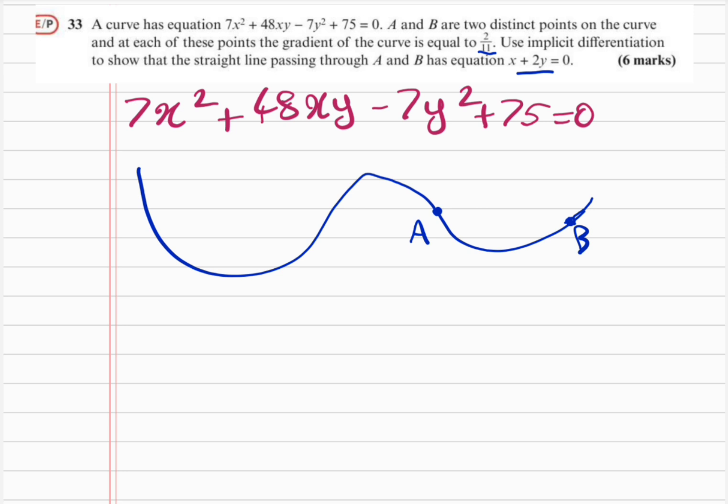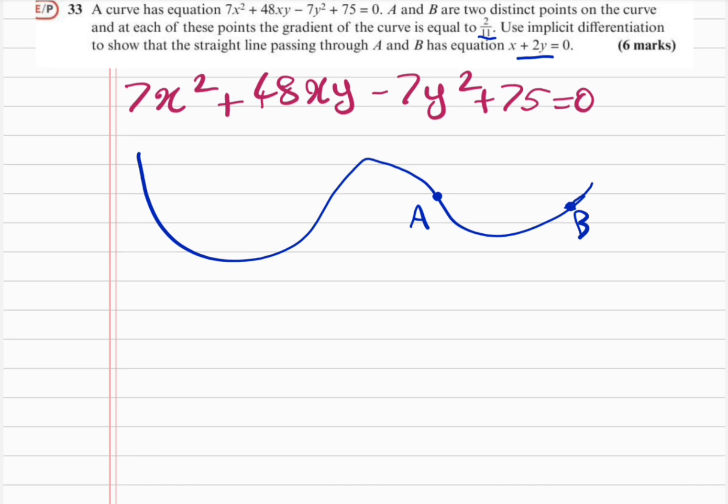So here the idea is that we need to differentiate and then set the derivative equal to the gradient. Because that's how we normally find the gradient, right? We first find the derivative and then we substitute the coordinates into that. So in this case, this is implicit differentiation, and 7x squared, let's differentiate this. So 7x squared differentiates to 14x,